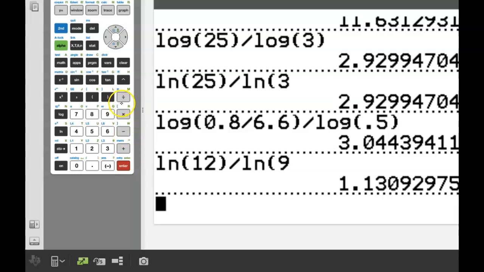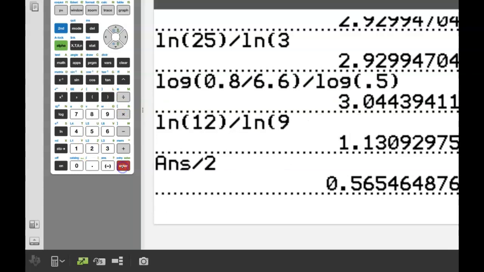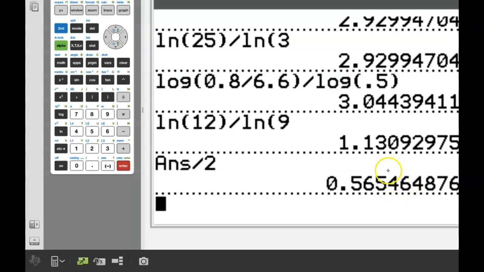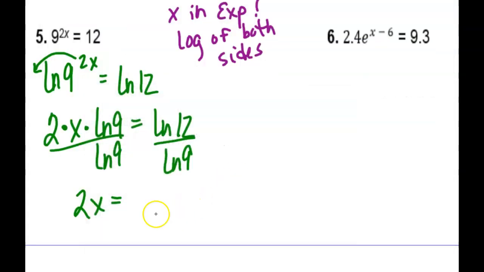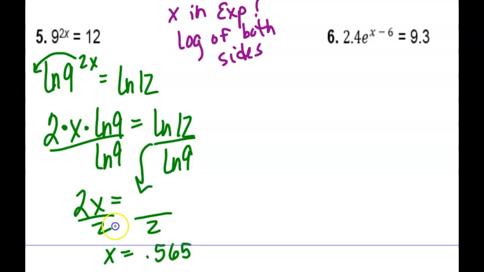So 1.31, or after we divided by 2, 0.565. Did someone else get that? Do you guys know that if I'm rounding to 3 places, I don't do the 6 becomes a 5 and the 5 becomes a 6, right? We just look at the number past the 5 there. Was it 565? Okay, so after we typed this in, we got some crazy decimal,